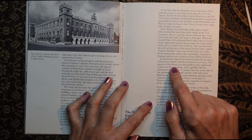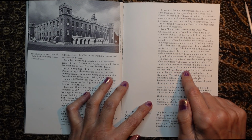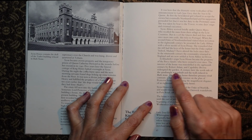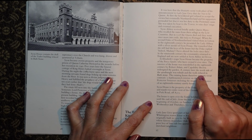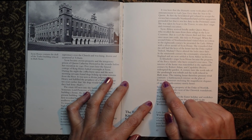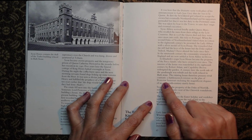The interior of the house was remodelled in the 18th century by Robert Adam, and Capability Brown redesigned the garden. A century later, the north side of the quadrangle was rebuilt and the walls refaced in Bath stone. The existing house therefore presents vivid contrasts: a battlemented exterior on the plan of Protector Somerset,